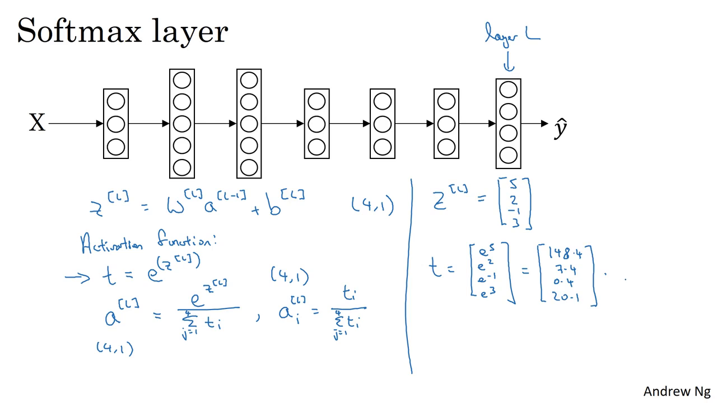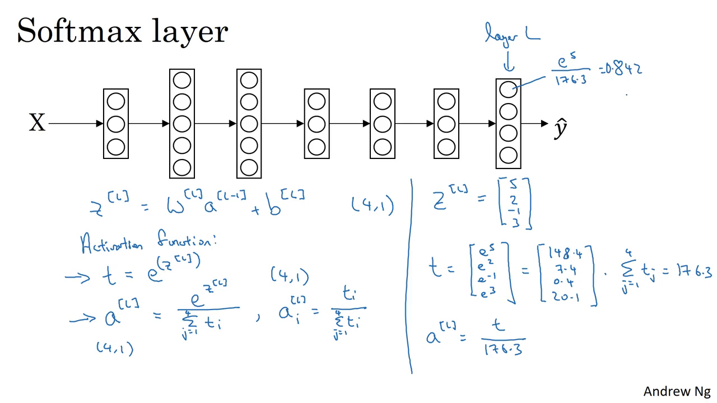And so the way we go from the vector t to the vector aL is to just normalize these entries to sum to 1. If you sum up the elements of t, if you just add up those four numbers, you get 176.3. So finally, aL is just going to be this vector t divided by 176.3. For example, this first node will output e to the 5 divided by 176.3, and that turns out to be